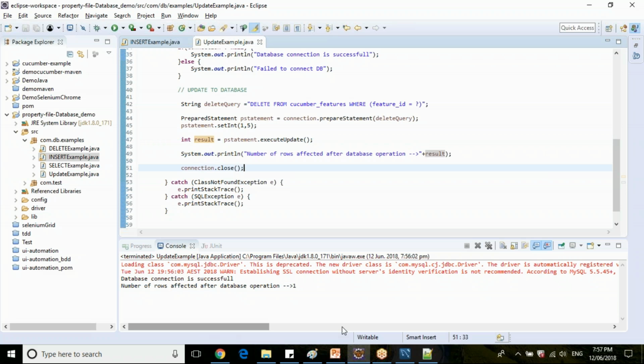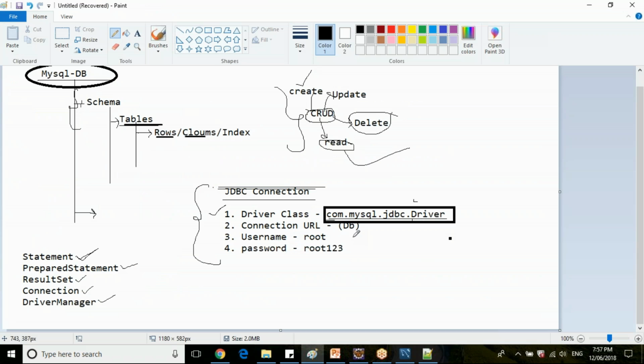Are you clear with CRUD operations? Create is nothing but creating rows, which is insert. Update we have seen, delete we have seen, and read is nothing but your select operations.